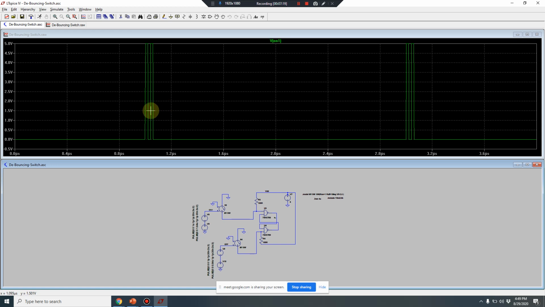Whenever you are interfacing with a mechanical system, finally everything from real life has to be incorporated into the digital domain, right? So in the interface there will be some mechanical systems which will induce these kinds of switching noises, up and down. These need to be eliminated. So how do we eliminate this? This is known as bouncing of the switches. The circuit shown below is known as debouncing. So we see how this is eliminated.